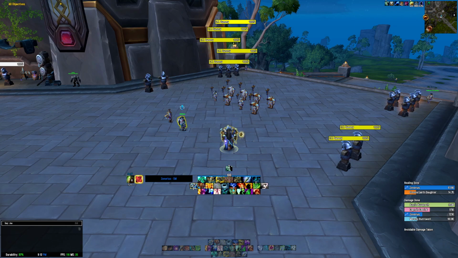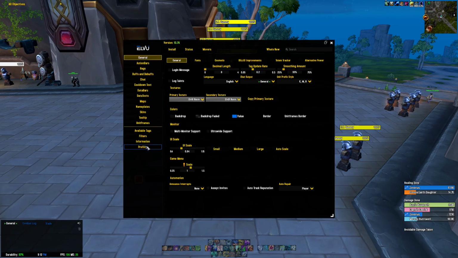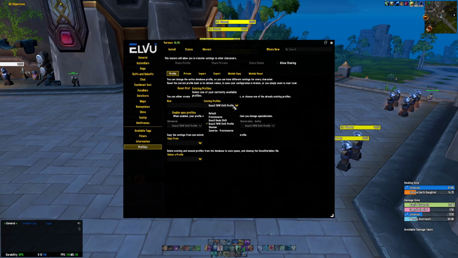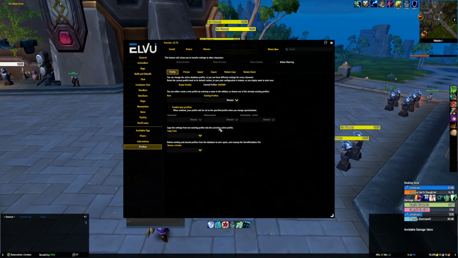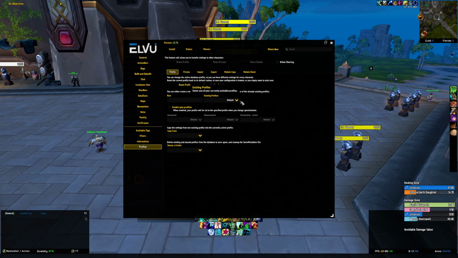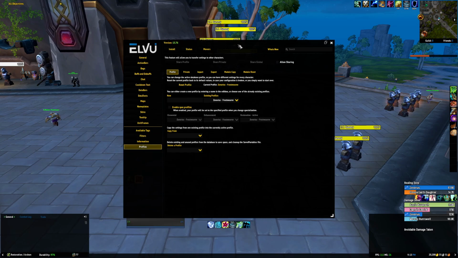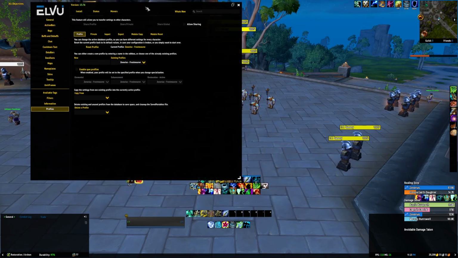I do have, so my old layout, what did it look like? Was it just shaman? Let's see. No. I'm so confused. Was it default? No, it wasn't default. Surely it's this. Yeah, it was pretty much this, where I didn't have